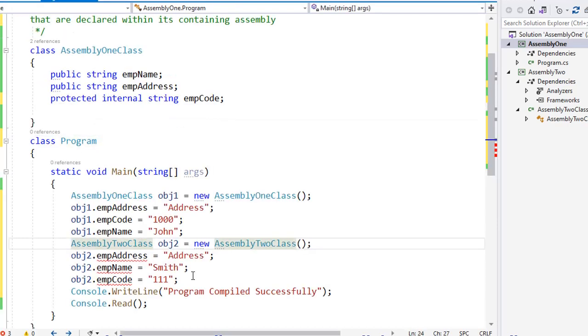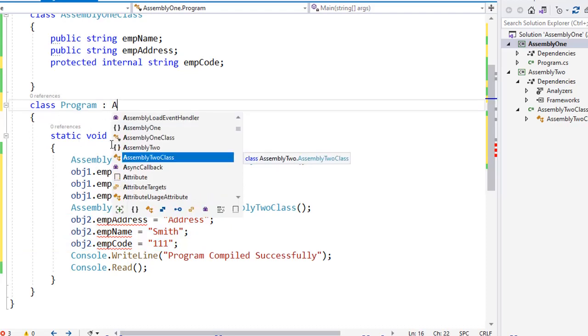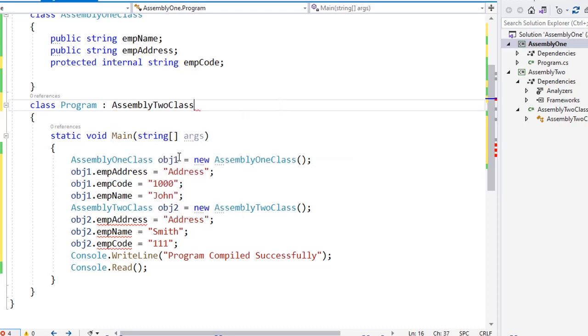Now we can see we have an error on all variables because all variables now are protected internal, and there is a concept for the protected internal. If it is protected, then that class should be inherited. So Assembly 2 class, now Assembly 2 class is a base class and now Program is a derived class. So we should make the instance of the derived class now. If I write Program,